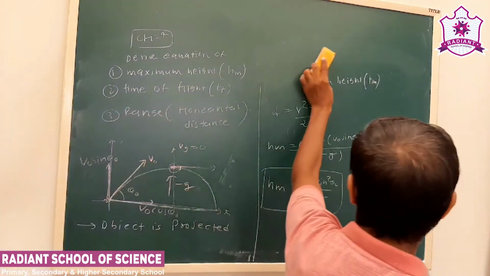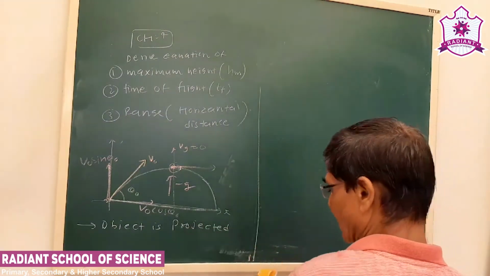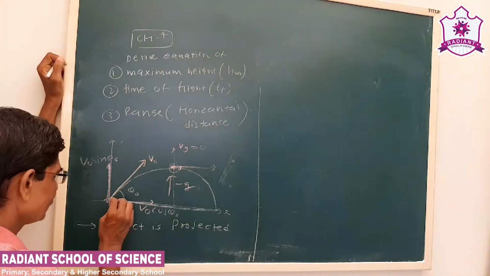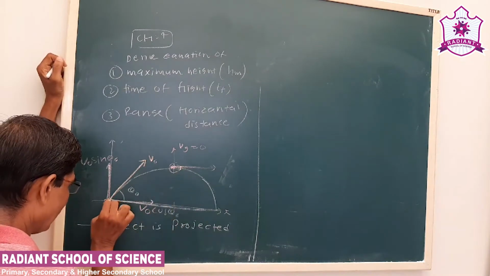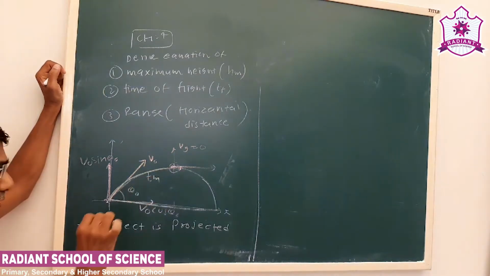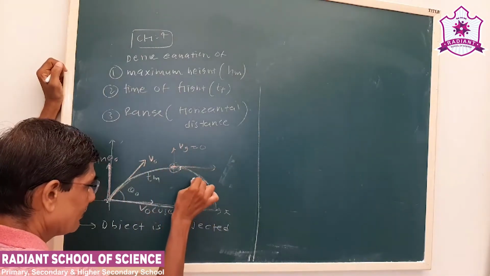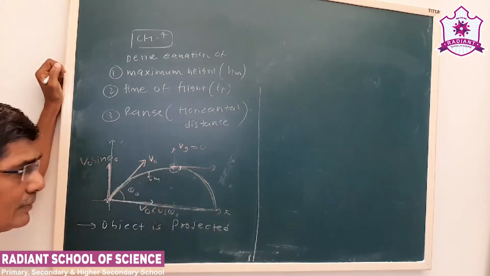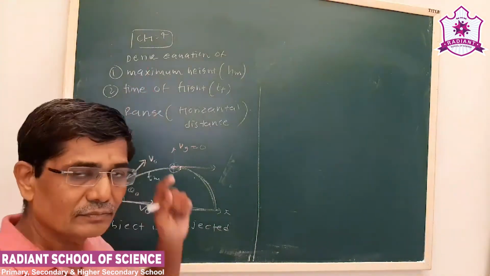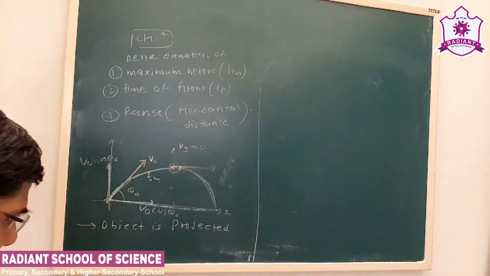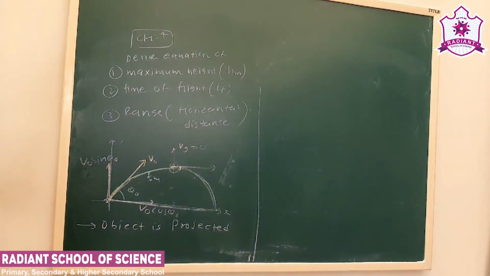Now next we have to obtain the equation of time of flight. Let us say the time taken to reach from the point of projection to maximum height is Tm. The same time it will require to come down, that will also be Tm. So total time will be double of this. That we have to keep in mind. Now again, this is a motion with constant acceleration. The acceleration value is minus g, because it moves against gravitation.